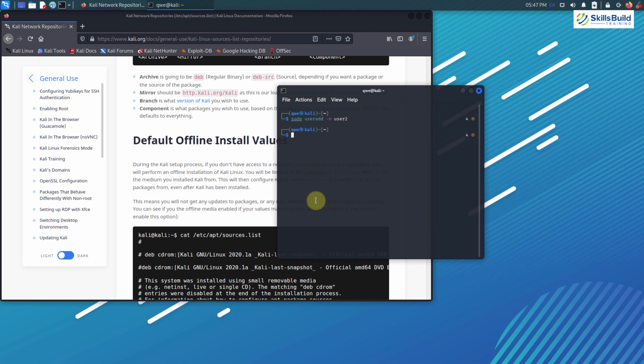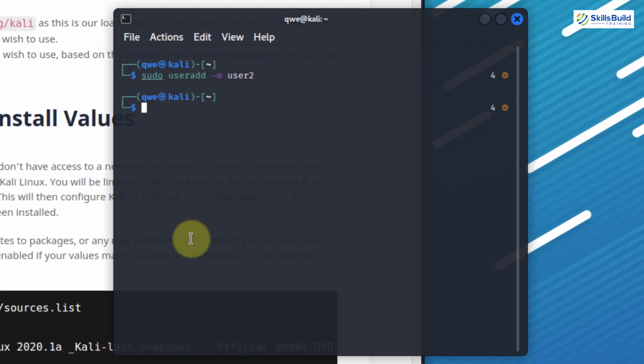Just like what we did with the low level privileged user, we need to add this user into the sudoers group. Well, to do so again, we will write a simple command as sudo usermod -a -G. Now enter the name of that particular group. I will just write here sudo user2 and hit enter. Now this user has also been added into the sudoers group successfully. Well, here -a means append or add and -G means the specified group or the number of groups.